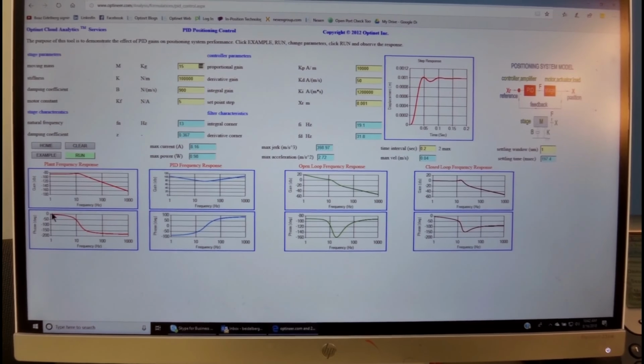Over here we look at the phase lag between what the output is doing versus what the input is telling it to do, and we see that at low frequency the phase lag is very small, close to zero. As we increase the frequency, at the bandwidth it's 90 degrees, and then at high enough frequency we have 180 degrees off phase to the output.